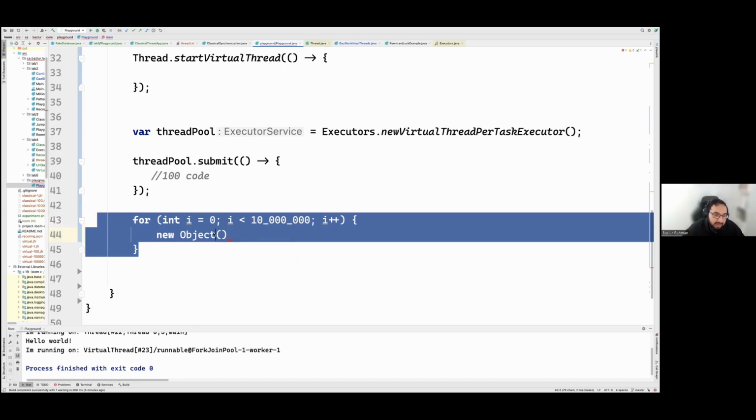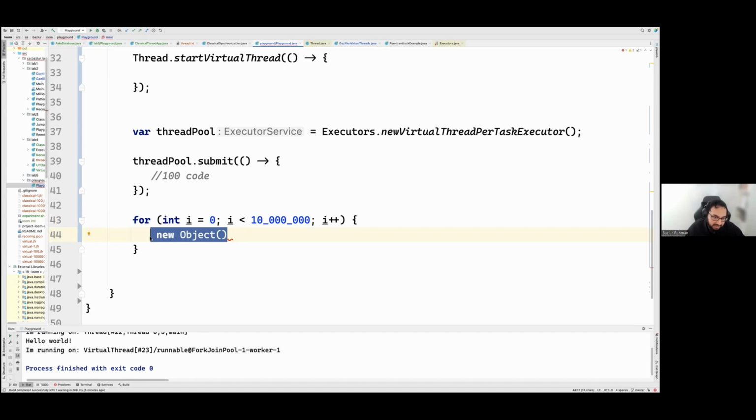When you keep creating new objects, internally the JVM will try to garbage collect and remove unnecessary objects in the heap. It will keep garbage collection running and try to allocate the object. And if it doesn't find any other memory available in the heap, it will throw an exception.